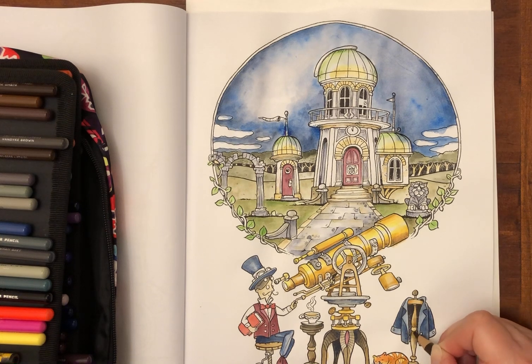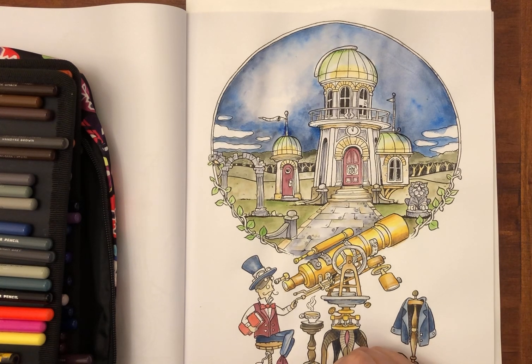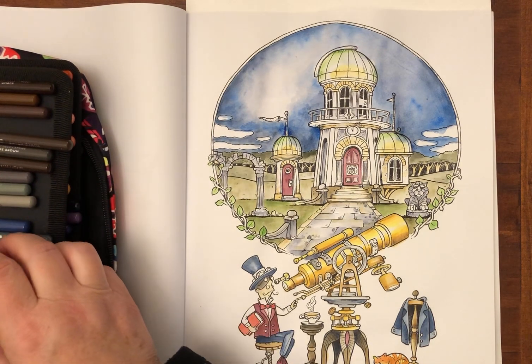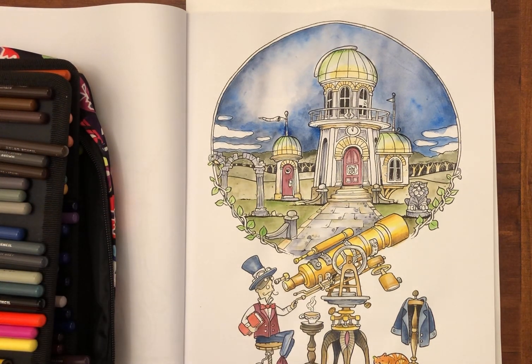So that can be useful too for suggesting that, for example, this is wood and it's not a highly polished reflective surface like the telescope. It's still going to have some highlight and some sort of maybe dull reflection, but it's not going to be like that area there. So talking about that area, I'm going to need to